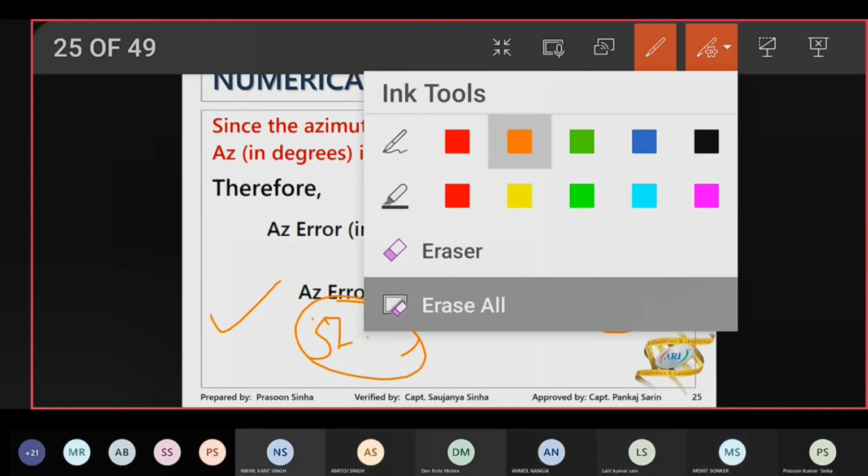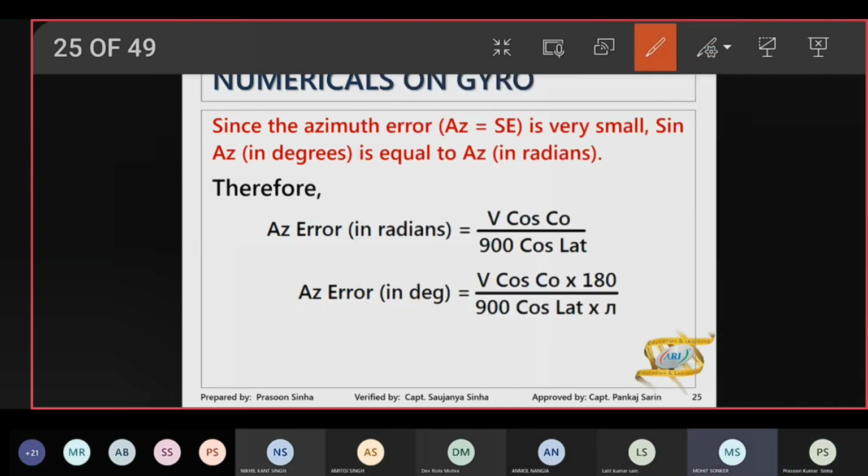यस सर। ये क्या हो गया, कैसे हो गया? एजीमथ एरर इन डिग्रीज के लिए तो एजीमथ के साथ मल्टीप्लाई हम लोगों ने 57.3 करेंगे और उधर 180 बाई पाई। तो व्हाट इज 180 बाई पाई? प्लीज डिवाइड एंड टेल मी। 57.3 आएगा सर। हाँ, 57.3।